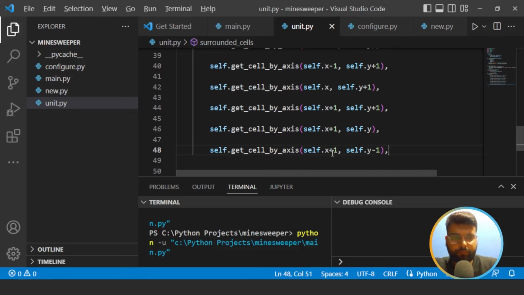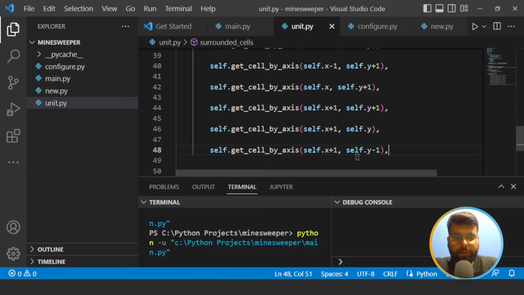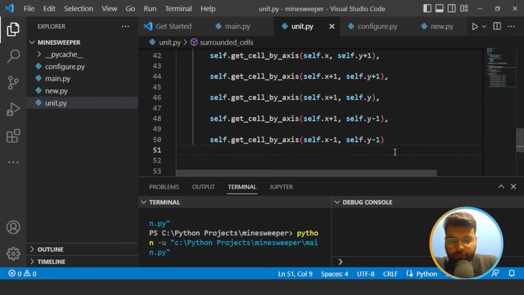Minus 1. Okay, and this is the last one, that would be self.x minus 1 and self.y minus 1. So these are all the coordinates, and at the end we will close the square bracket,